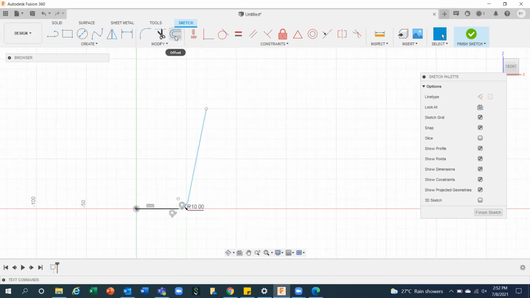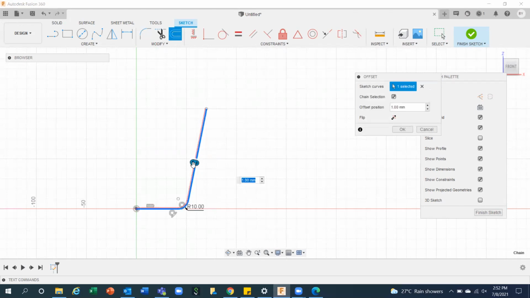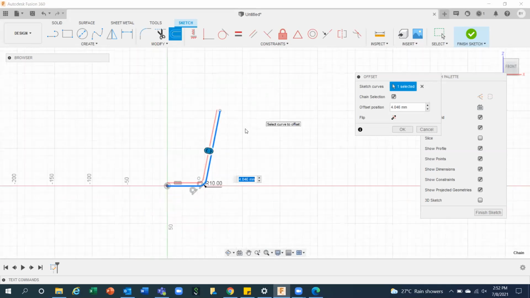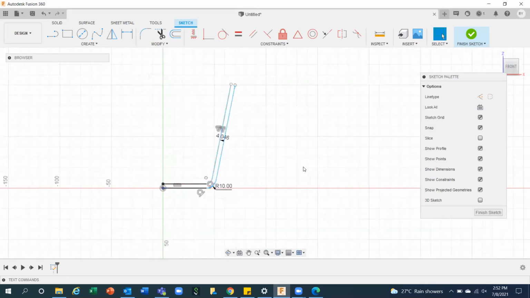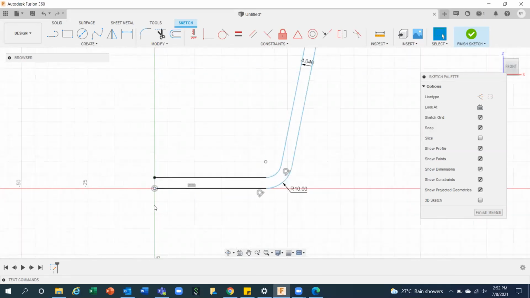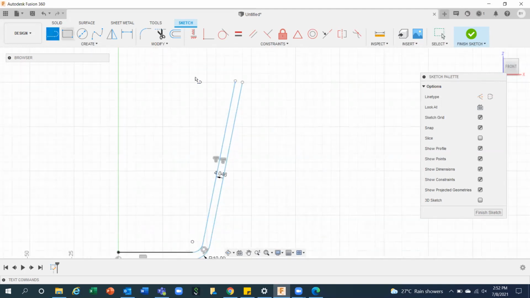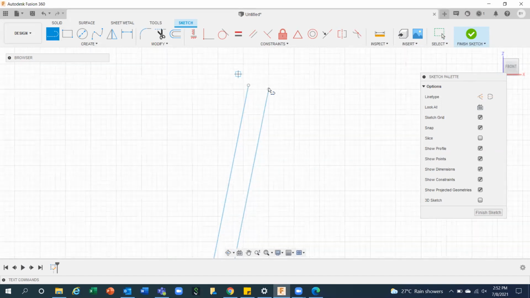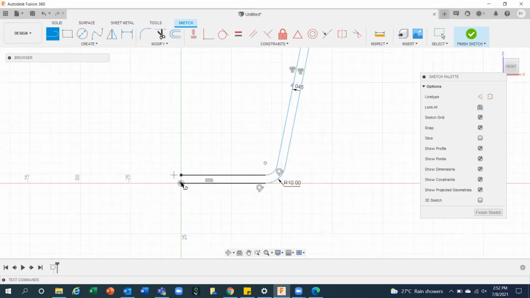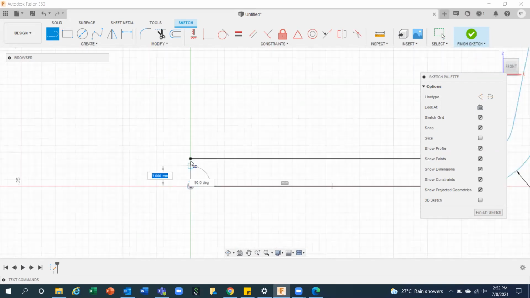And I'm going to offset this entire entity according to the thickness I want. You can see there are two lines, but again, this is not a closed profile. You can see this is open. So I need to close it. So I am going to close this one, and similarly like this one.